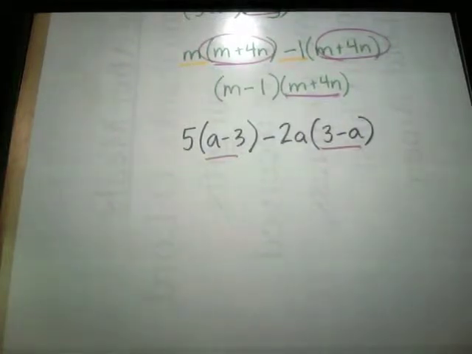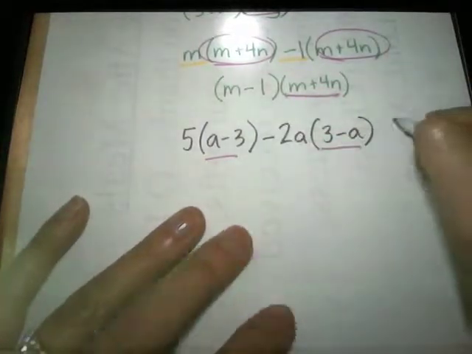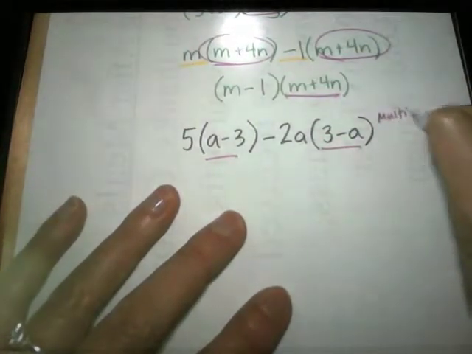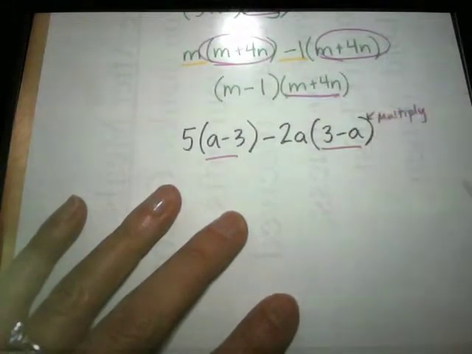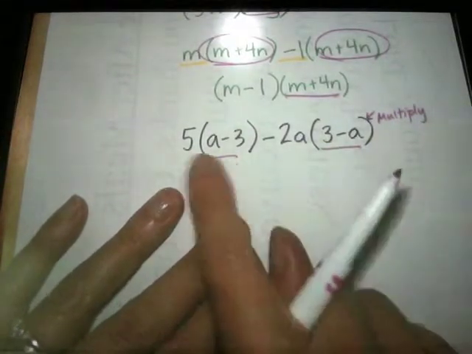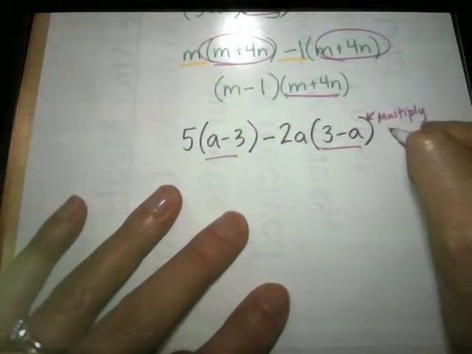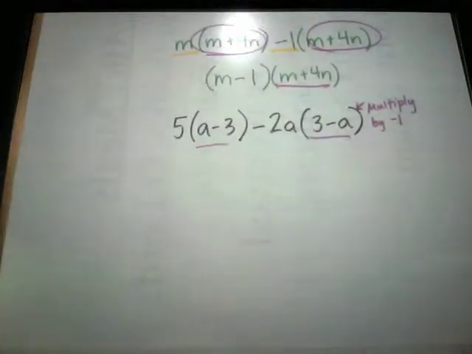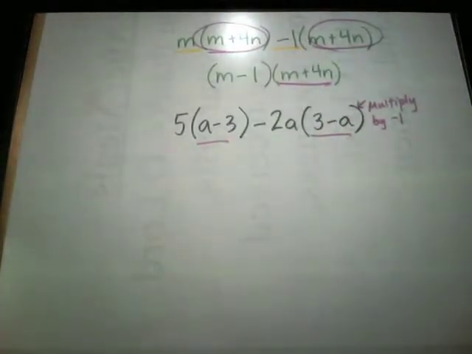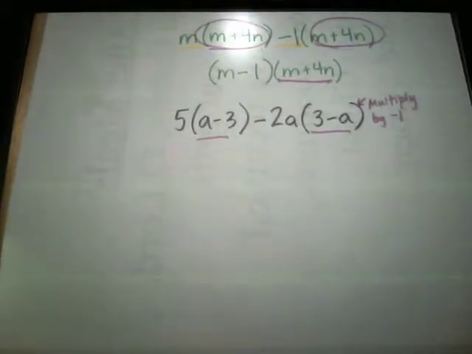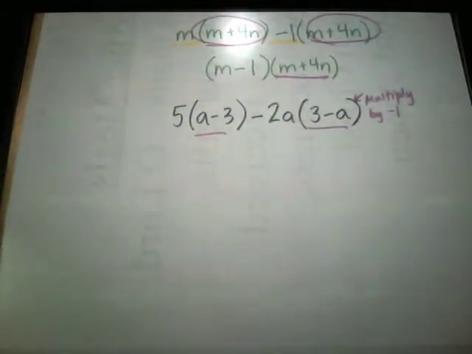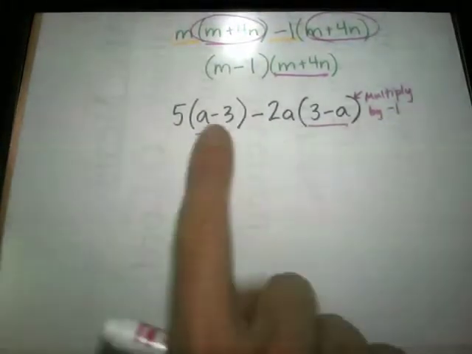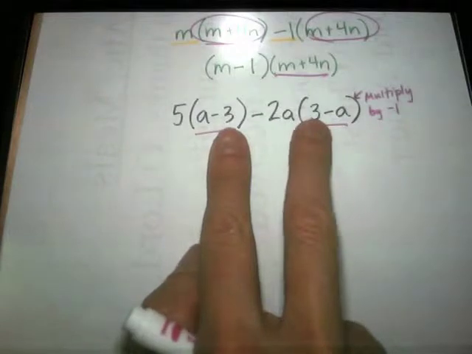So there is a little trick we can use. We want to make these the same. So we are going to multiply one of them. Now, it doesn't really matter which one. I'm going to do this one, though, because I like my variable to be positive. We are going to multiply by negative 1. It's a kind of complicated explanation why we're allowed to do this. If you really want to know, come back and see me after we get started today, and I can try to explain it. But it's kind of a complicated idea. I might not even explain it very well, but I can try if you want to know. Just know that if they're exact opposites, positive, negative, negative, positive,